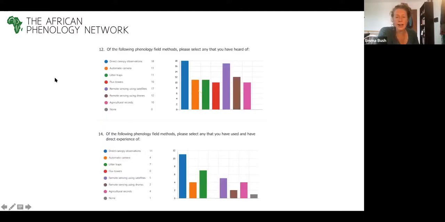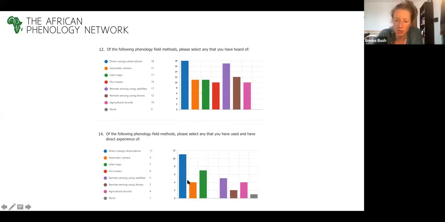Right, and then finally from the survey, I thought this was quite interesting. We asked people to say, of the following phenology methods, which ones have you heard of? That's the top bar chart. And from left to right, it's direct canopy observations, automatic cameras, litter traps, flux towers, remote sensing using satellites, remote sensing using drones, agricultural records. And pretty much half of all the participants had heard of every single one of these